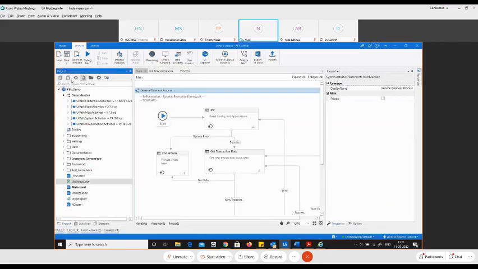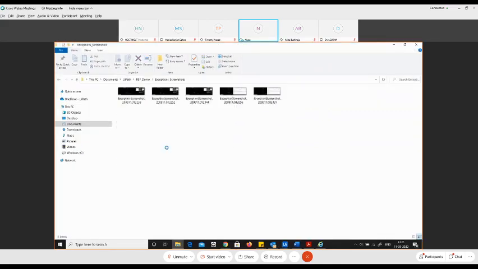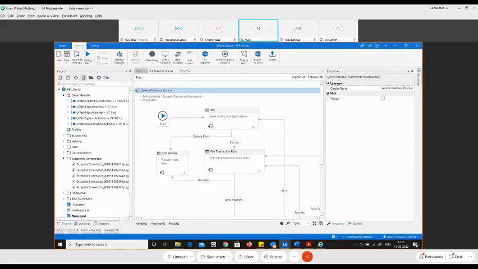Let me do a refresh in the exception folder. See, these are all the screenshots taken. Let me open up the project directory. Let me open up the exception folder, and here you can see all the exception screenshots that have been taken, showing where the exception occurred, where the exception happened, and so on. Clear? So I hope this was a very informative session about the RE framework.